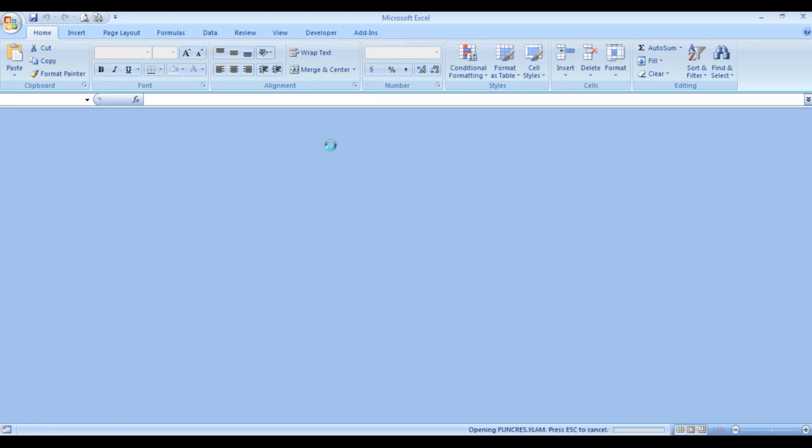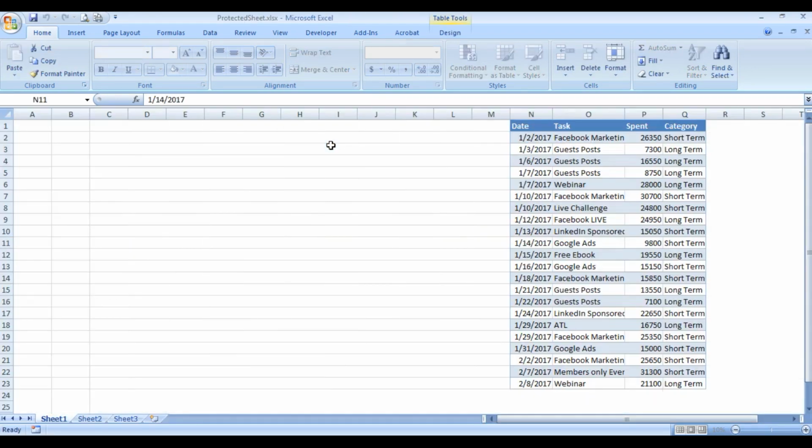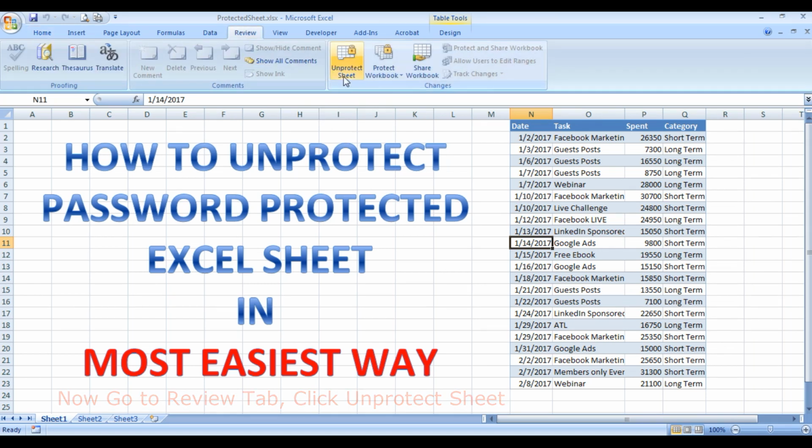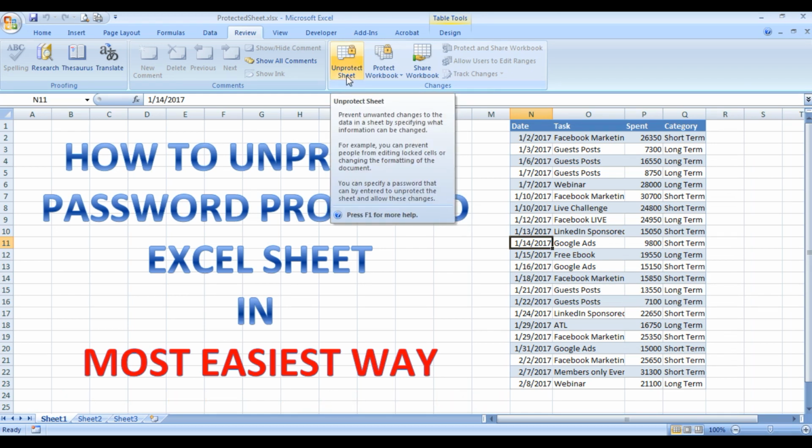You see here this file has been opened, and now we will check whether this file is unprotected or not. Again you go to the Review tab. You see this option is still here, Unprotect Sheet, but let's see, can we unprotect it? Click here.